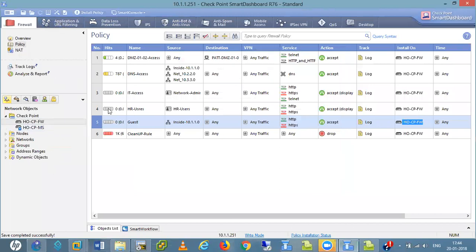The main purpose of telling you this user identity before application and URL identity is that I want to show you which user is accessing which application and which URLs. At that time we showed only the IP address, but now I also show the username to you.